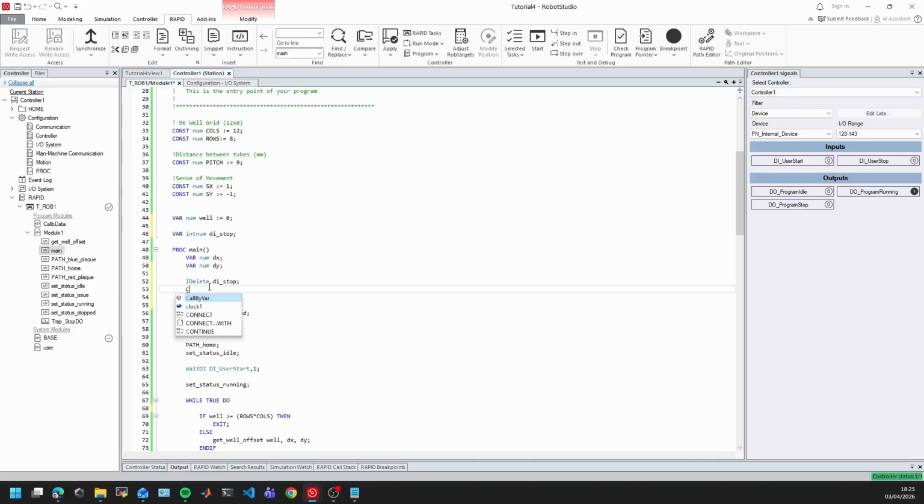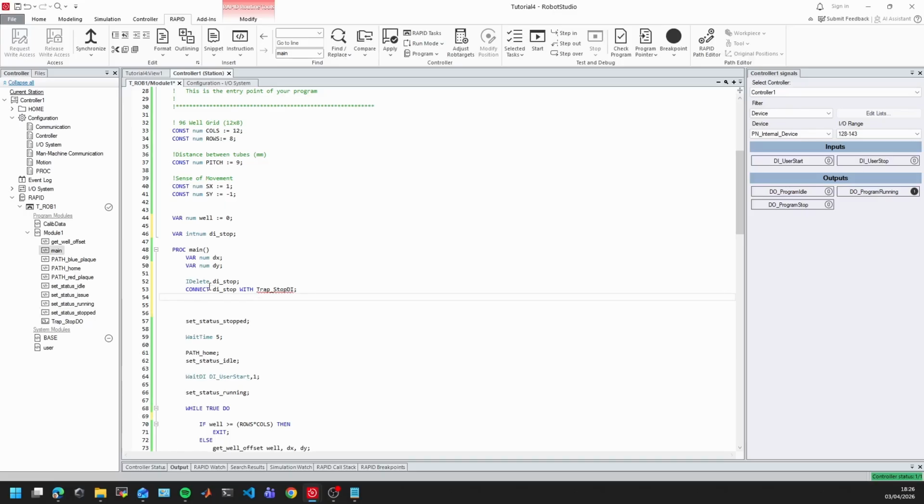And now we're gonna connect this interrupt handler with a function. I'm gonna call this function trap stop DI. So we're gonna connect this handler with this function and interrupt signal digital input. So I'm gonna receive the digital input from, because like you can see, if I just press